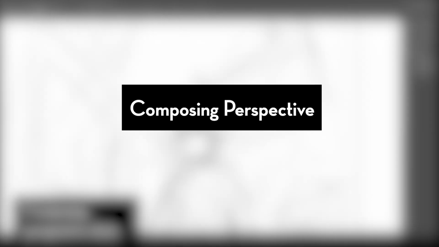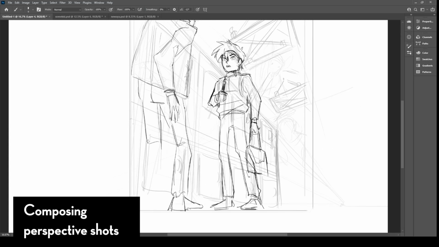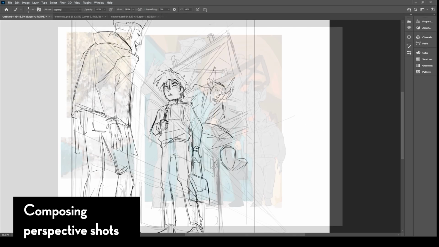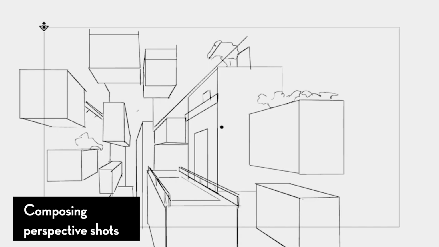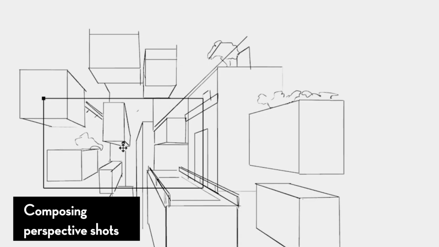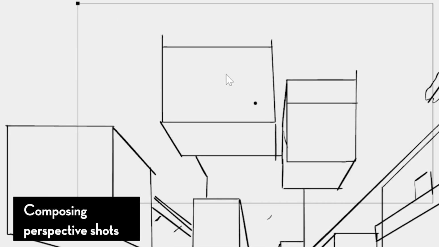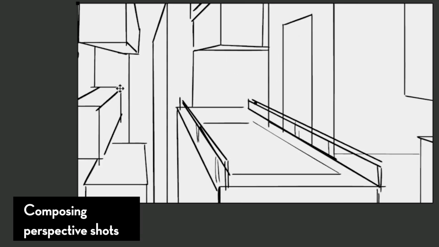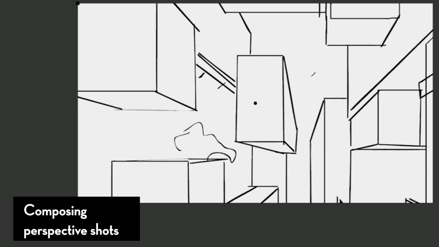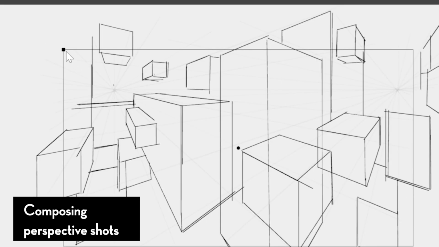Now that we've explored different vanishing points, we can compose them in a frame or an image. In most images that have perspective information in them, some of those vanishing points are not visible in the frame, but that's also because they extend way beyond the limits of the image or the frame. Take the practices you've done with some of your perspective and vanishing point studies and frame them in interesting compositions. You can have 1 vanishing point in the frame, or 2 vanishing points in the frame, or sometimes none of the vanishing points are in the frame, they're all outside the frame. Sometimes I use these types of compositions for close-ups.